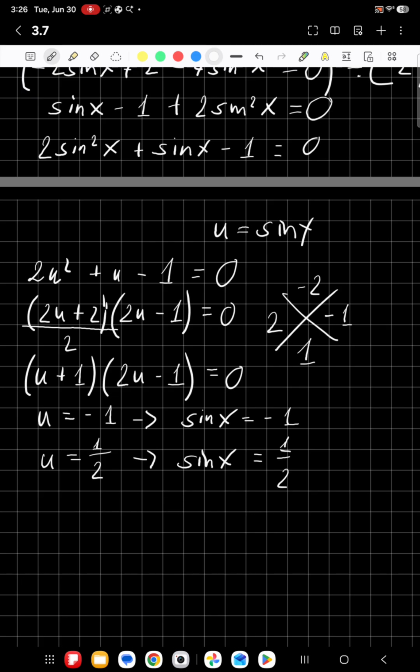I'm trying to figure out for what angle I get negative 1, and for what angle I get this half. The answer needs an angle between 0 and 2 pi. Let me show it to you actually